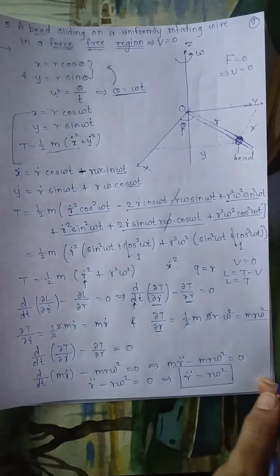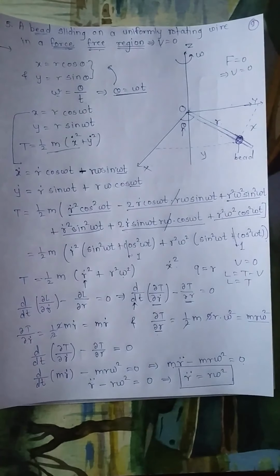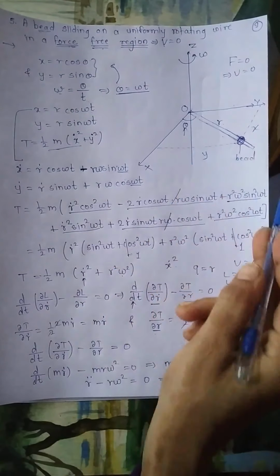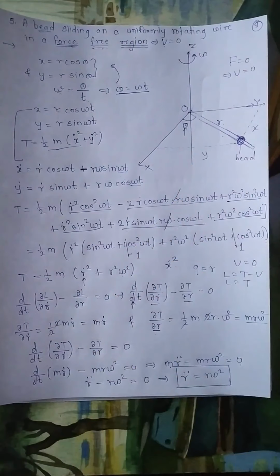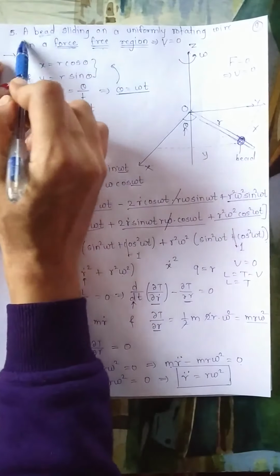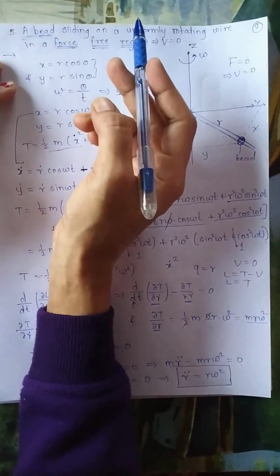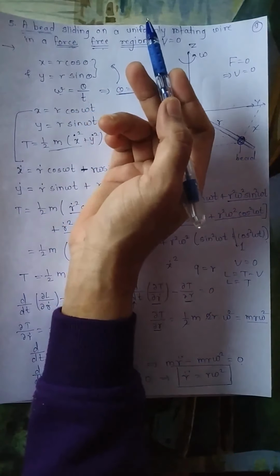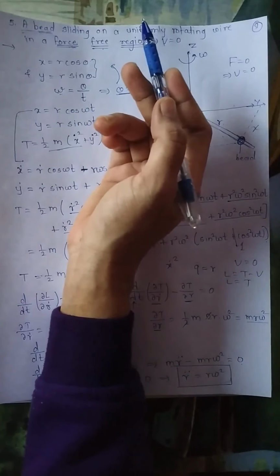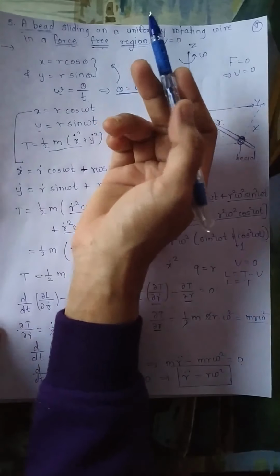So this is Lagrange's equation of motion, which gives the well known result that the bead moves outward due to centripetal force acceleration, and this is a simple example of a time dependent constraint. So these are a few applications. We have studied all 5 applications of Lagrange's equation of motion. In the next lecture, we will discuss cyclic coordinates as well as Hamilton's equation of motion.